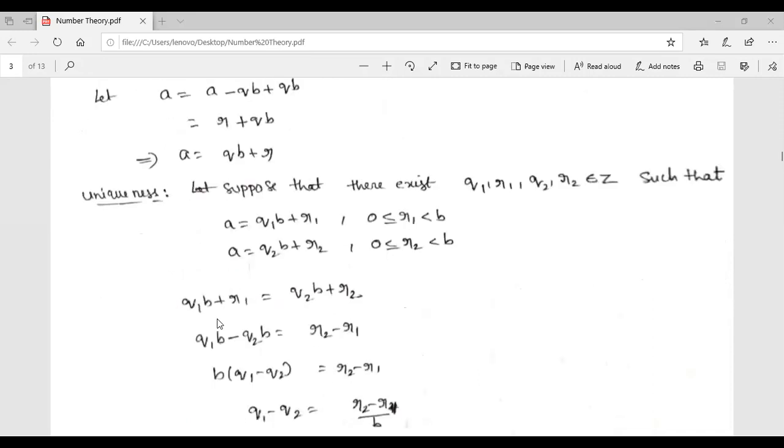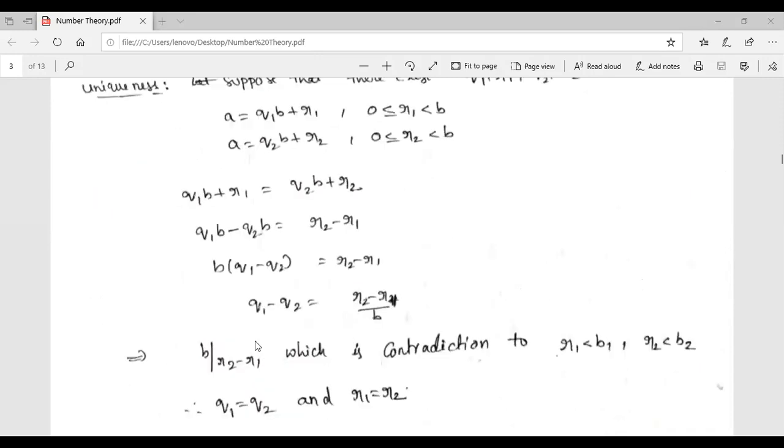From this we write q1b minus q2b is equal to r2 minus r1. Here b is common, so remaining q1 minus q2 is equal to r2 minus r1 by b. Now r2 minus r1 by b can be written, as we already discussed in divisibility, like 2 divides 4 means 4 by 2. Like that, it can be represented as b divides r2 minus r1, which is a contradiction